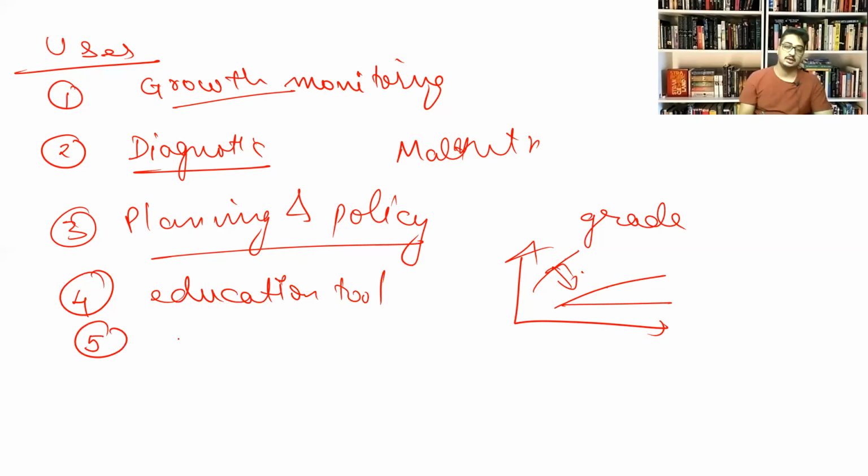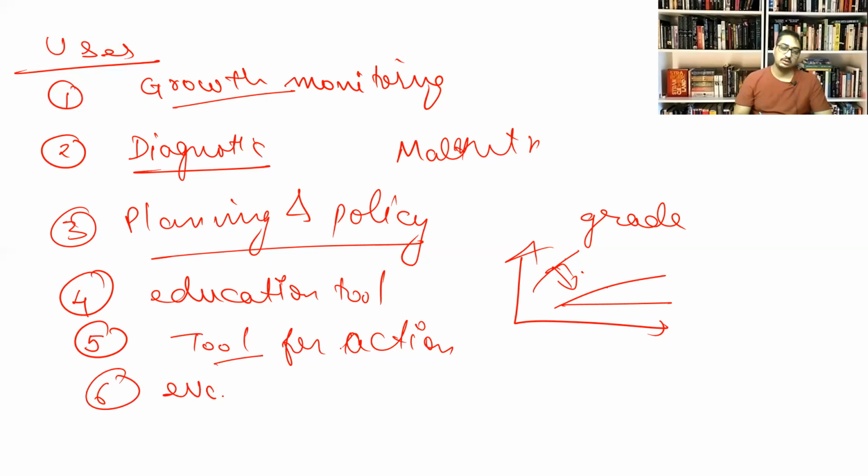Fifth utility is that it is also a tool for action. So we have various healthcare workers who may not be well educated in order to understand the utility of these charts, such as how to differentiate between mild, moderate, and severe malnutrition. So using this visual pictography, they can easily use it as a tool in order to go for intervention in the community. Sixth one is it is used in order to evaluate